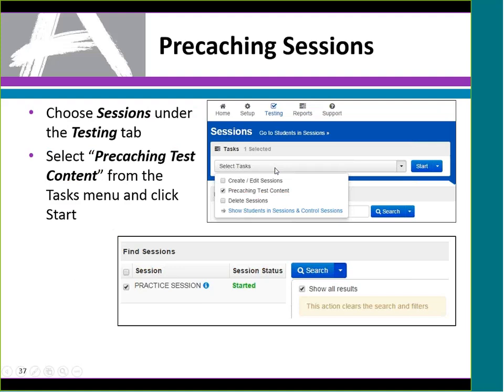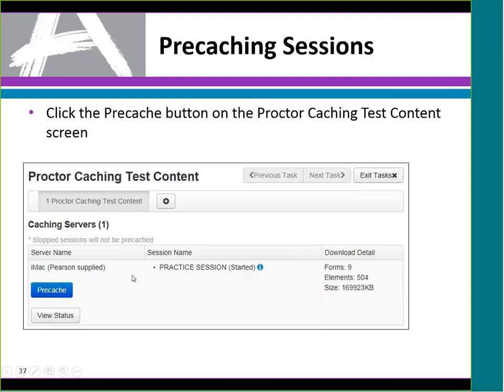So you'd select the task for pre-caching test content and click Start. And you'd see for whatever sessions you have, which forms there were, and you'd hit pre-cache. So really it's not too much work either way.